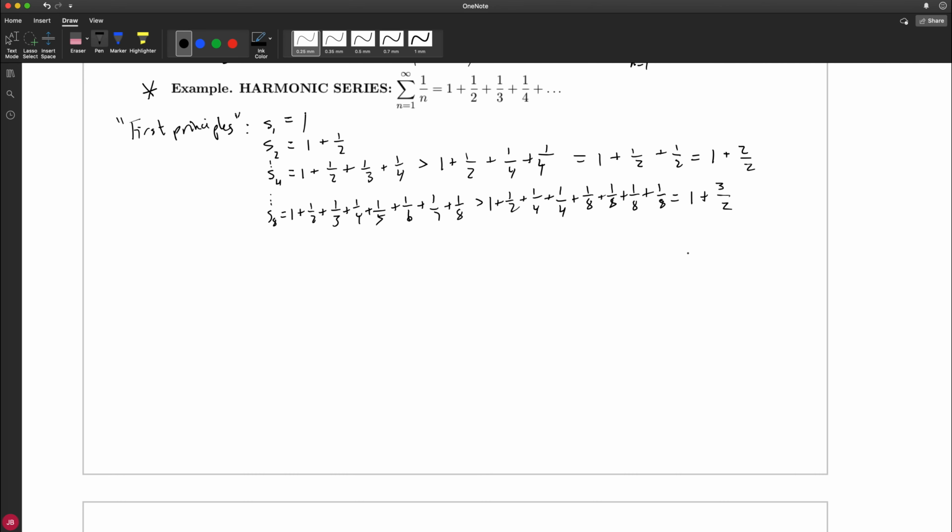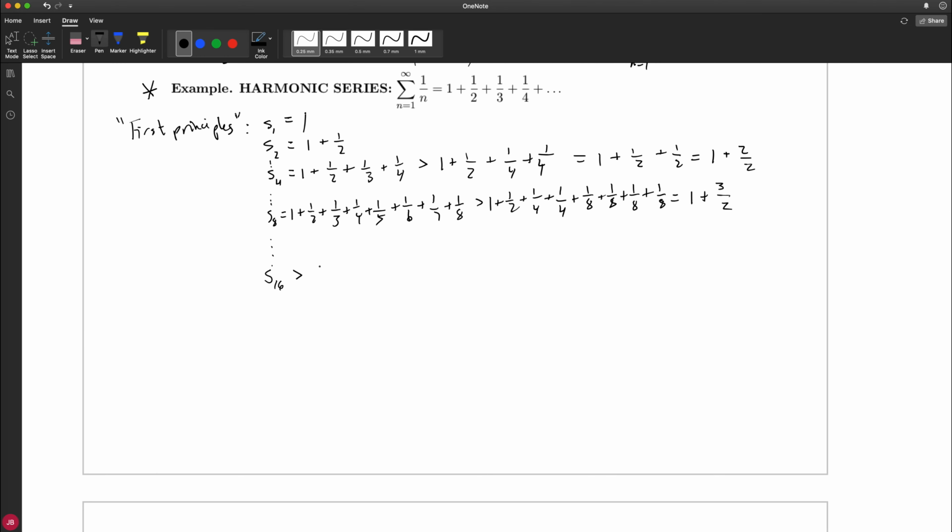Okay. If you were a betting person, what would you say the next number I would skip to, like S sub what would be the next number? Well, I went 1, 2, 4, 8, 16 maybe, right? And I'm not going to write all this out. I don't have room to write 16 terms, but it would go 1 plus 1/2 plus 1/3 plus 1/4 plus 1/5 plus 1/6 plus 1/7 plus 1/8 plus 1/9, etc., etc. But I think what you're going to find is that it's going to be bigger than